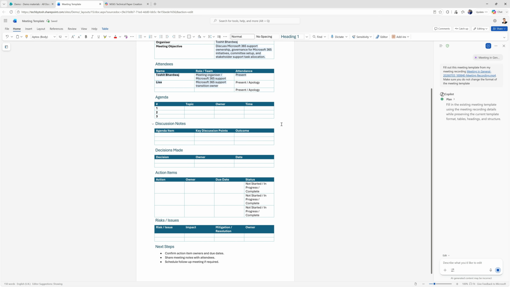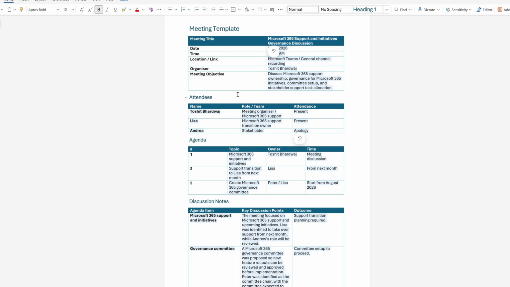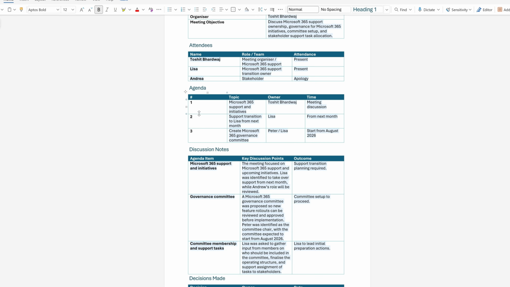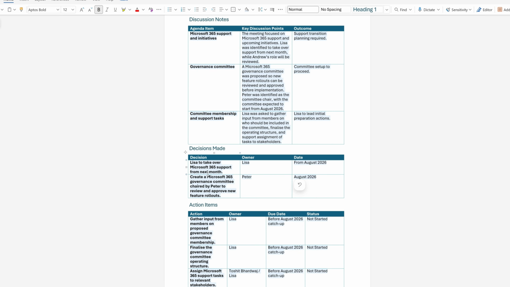So let's just wait for this document to finish, and we will see how it actually looks like and what Copilot has done for us. This is looking so great. If you look at the document, it has added every single detail within the meeting template. It has the agenda, it has the discussion notes, what was done in the meeting, what were the decisions made